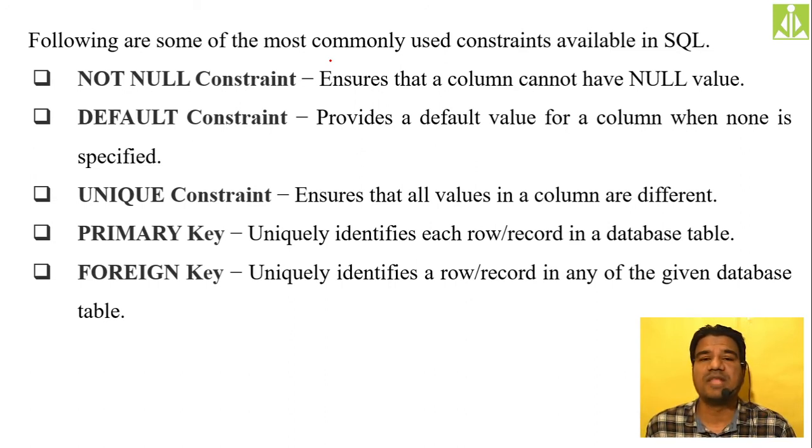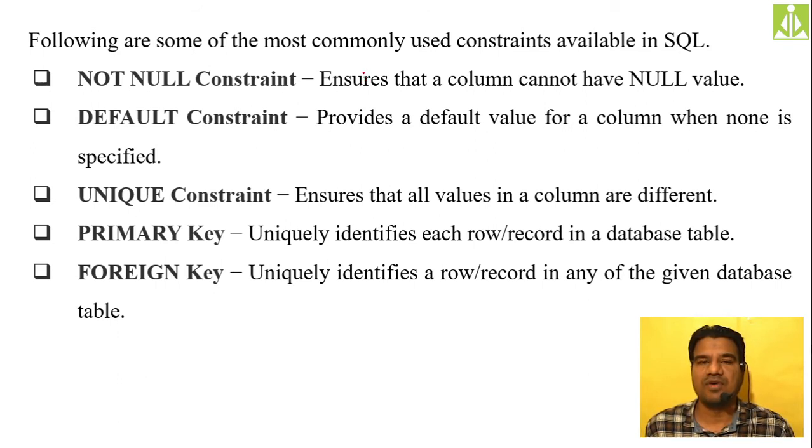You cannot give that particular field entry as null. Previously, when we created our employee table, you could make many of the fields empty. Simply, you cannot give any entry over there. But if you make a particular field NOT NULL, you must give an entry for that one. So, the NOT NULL constraint ensures that a column cannot have null values. To avoid null values, we go for the NOT NULL constraint.